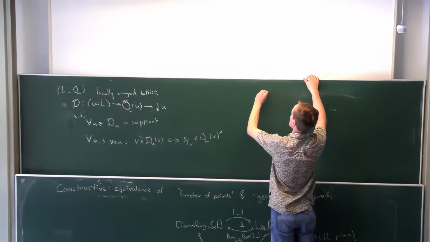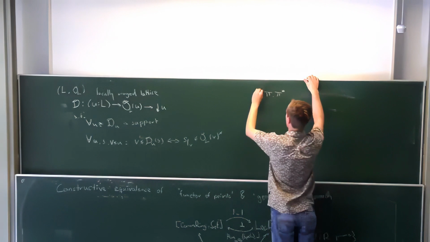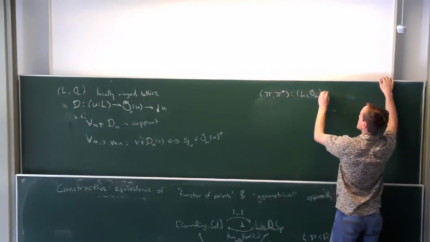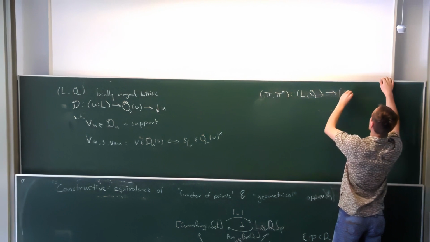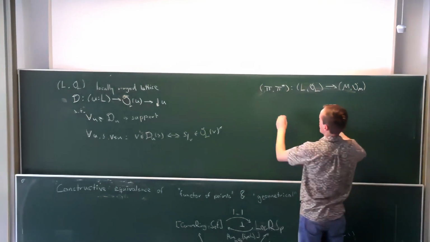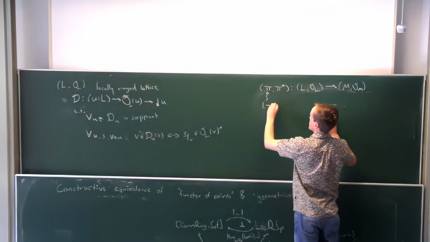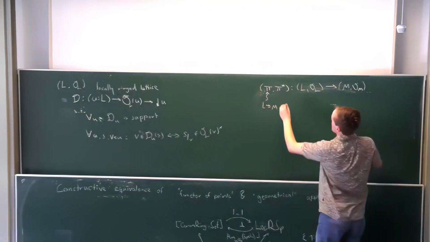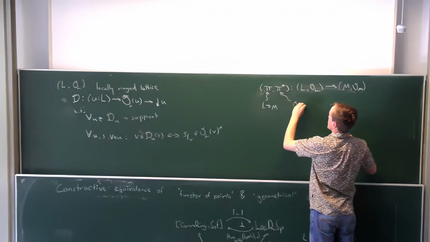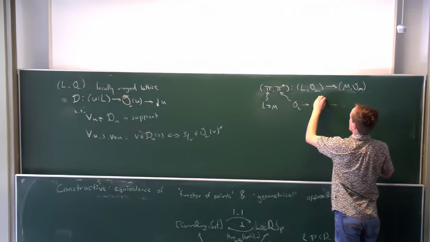Just a reminder, a morphism of ringed lattices is a lattice homomorphism from L to M, and a natural transformation from O_L to